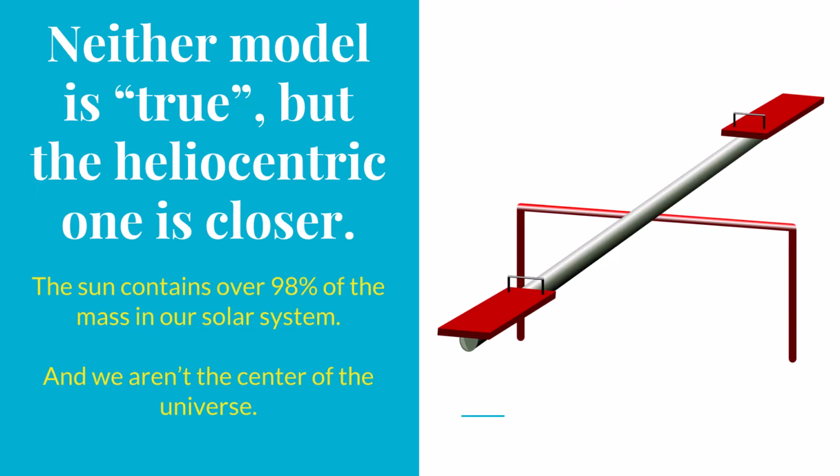So what happens in our solar system is that the sun has over 98% of the mass of our solar system. So imagine all of the marbles rolling to the center of the plate except for two. You definitely want to hold toward the middle of the plate, but you'd have to hold a little bit to one side to account for the two marbles rolling around that aren't in the center. So basically, the sun is not the center of the universe, and neither are we. It's actually a point inside the sun, not quite at the center of the sun. The finger of the universe has moved over a little to account for the two marbles rolling around that aren't in the center of the plate.